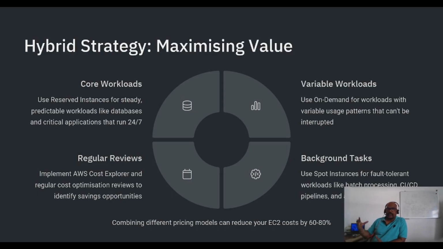Okay, so based on our workload, we need to discuss with the developers. We need to decide which pricing model we can go for, either on demand, but its cost is high. If we need some critical things for the long term, you can go for the reserved instance pricing model. If it is not that much important, like for example